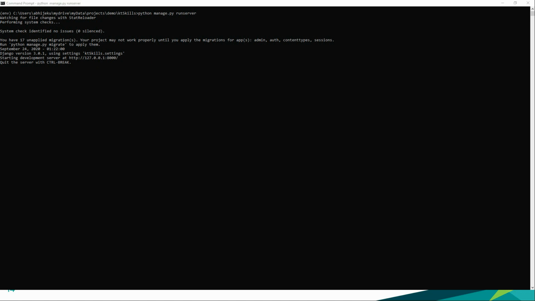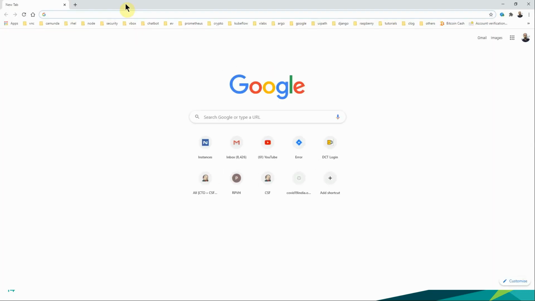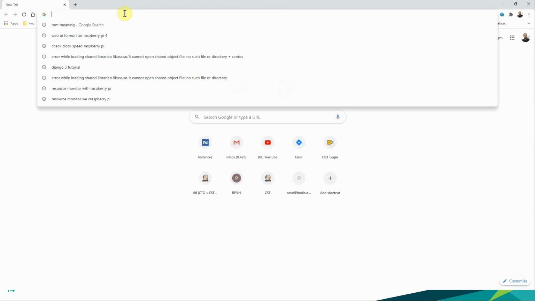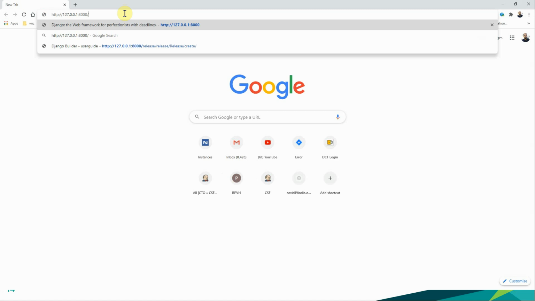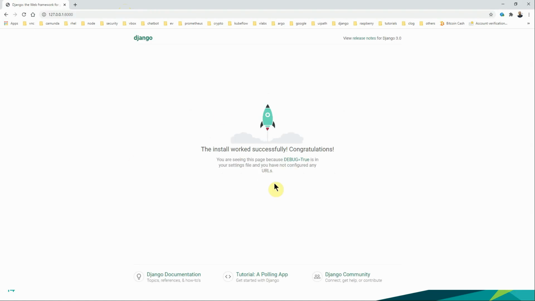and I'll open a browser, type the URL and hit enter. And this is the default Django page that Django normally provides with its development server.